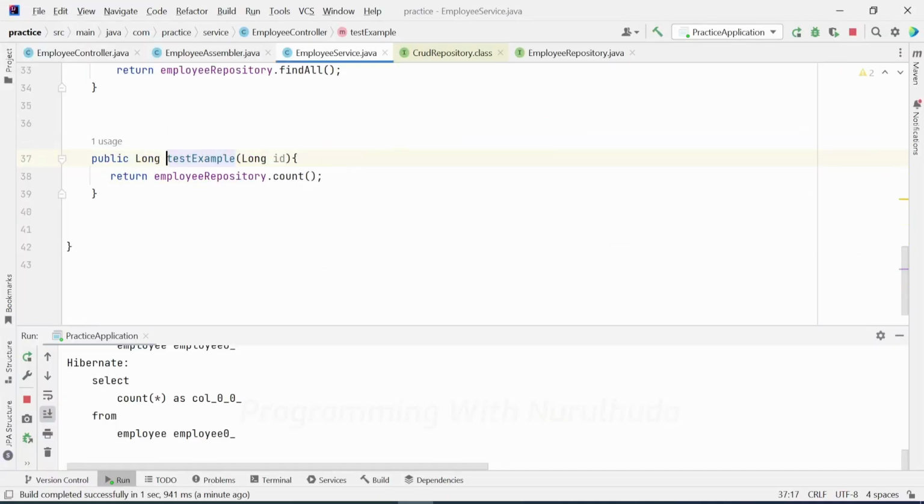So we only use the count method. Here we do not need to write a count query. We just use the count method available in the repository. So that's